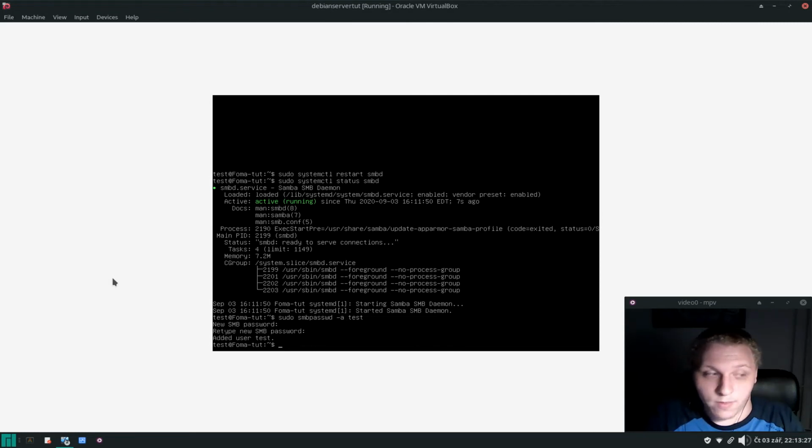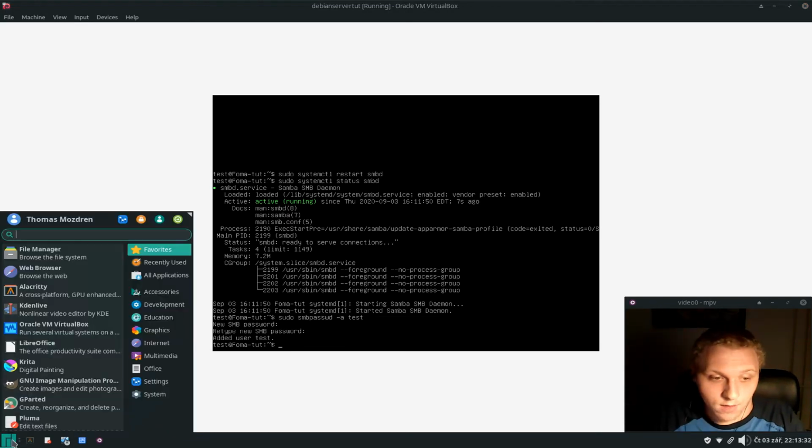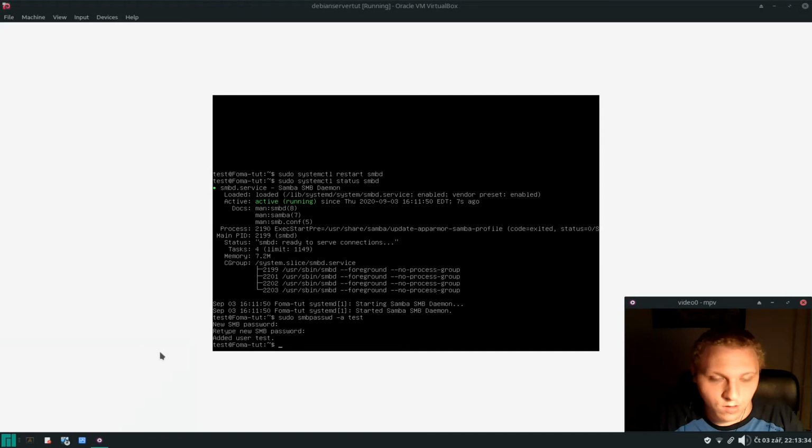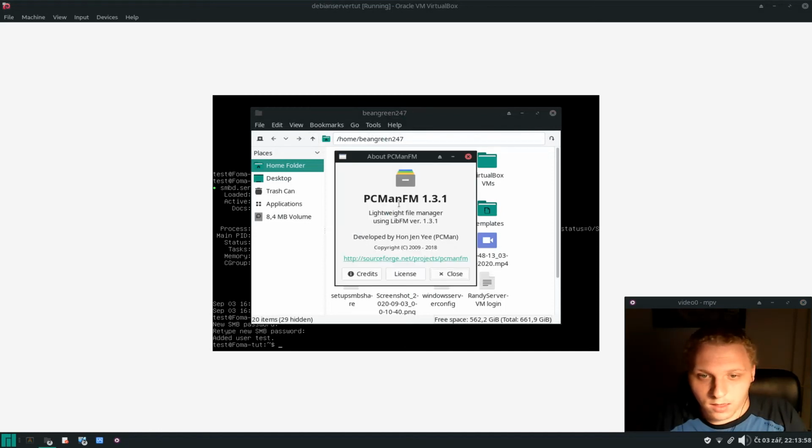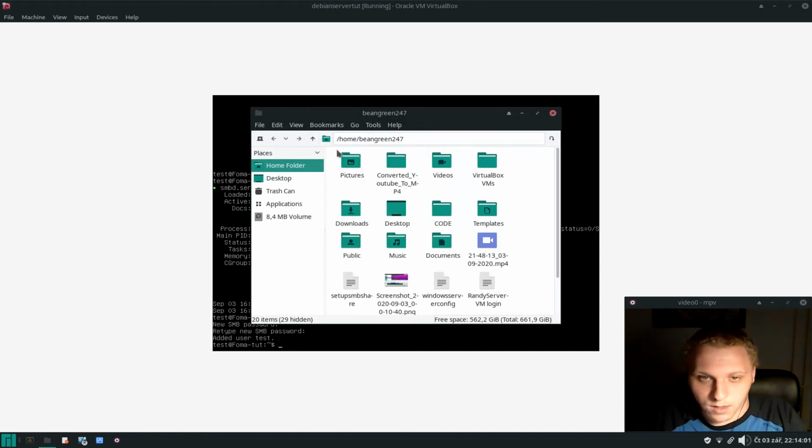So now what? Well, if you want to access it, for example from my Manjaro Linux instance, you need to have a few things installed. You need to install a package called Samba and cifs-utils, which are packages that let us access it. I already have them installed, so I'm not gonna install them. What you want to do is open up your file manager. In my case, it's PCManFM, and you want to go into Go, Network,